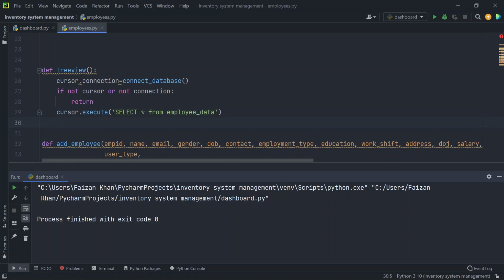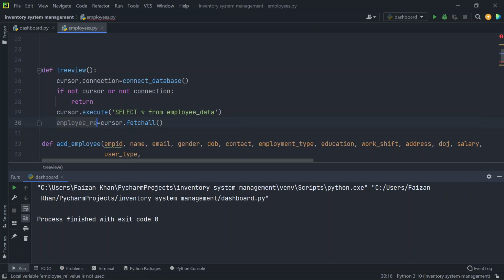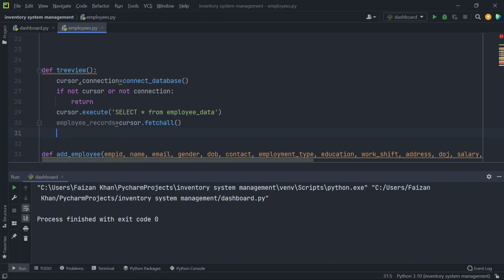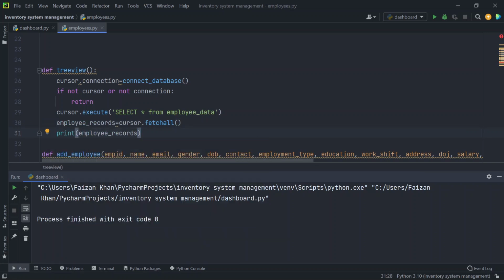After that, we'll fetch all the records. So we'll write cursor dot fetch all. So this will return all the records of employee. So I'll receive in this variable employee records. If I print this variable, so you'll understand what is there inside this variable, okay. So now if I run it again,